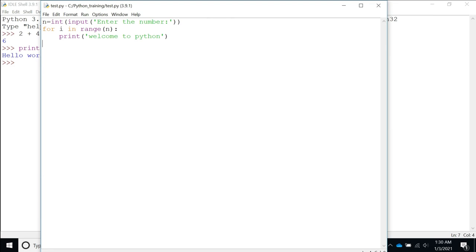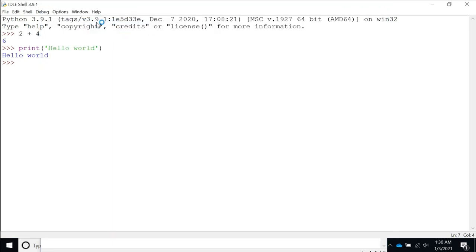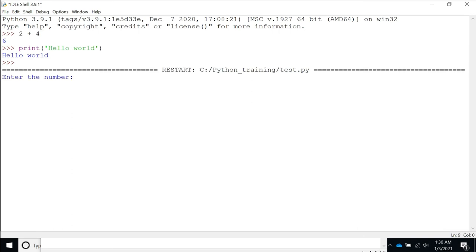And how to run this? So you can go to run, click run module, okay, and you can see the shortcut key is given F5. So you can press that one, or you can click here also. Now you can see it is asking me enter the number. If I press 2, it is printing welcome to Python 2 times.